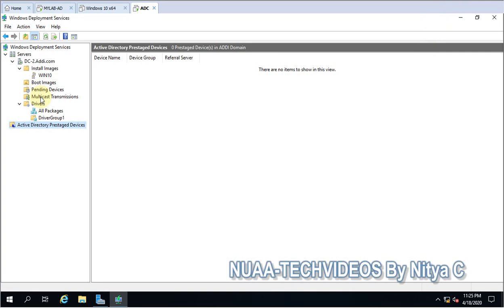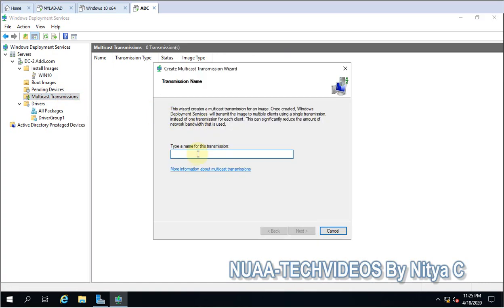So that is done, the configuration part, and let me show you the pending devices. Whatever devices are coming that require approval, you will approve them from here. Without your approval, the installation will not happen. And here the multicast transmission, so you can configure it.